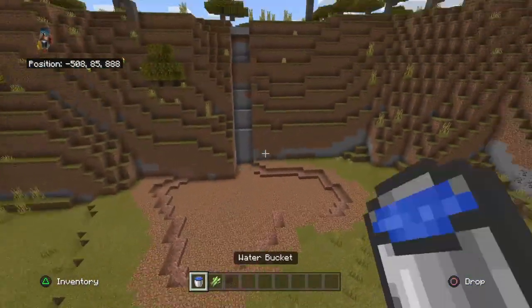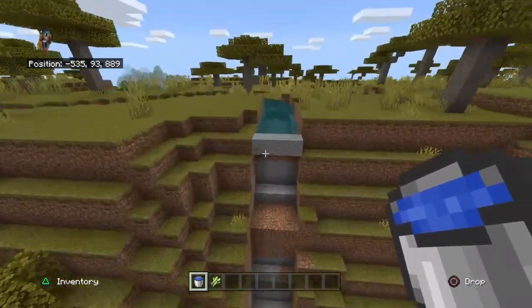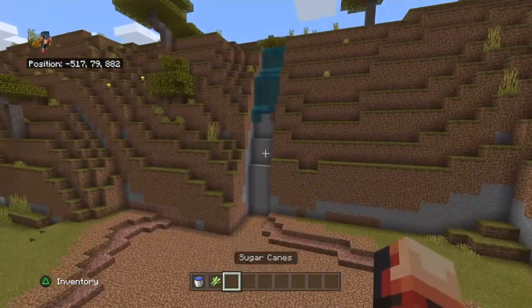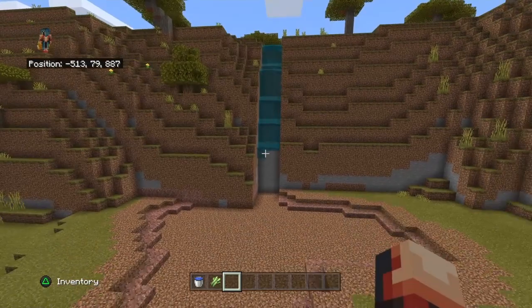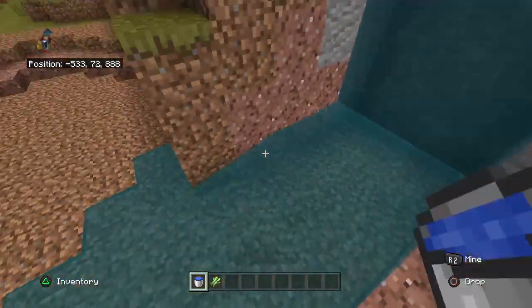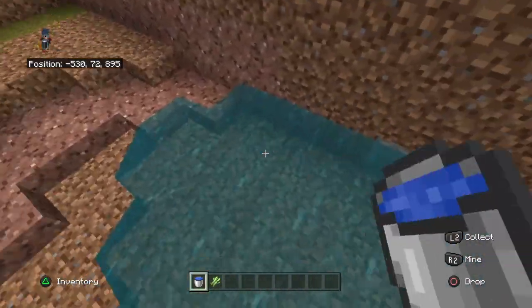Alright, so now we can go ahead and get the water flowing down to here. Let's see if this goes according to what I'm hoping. It looks like it's going to work. Alright, perfect, perfect. That's a pretty clean waterfall. But now what I need to do... Oh yeah, and I use granite instead of spruce because...